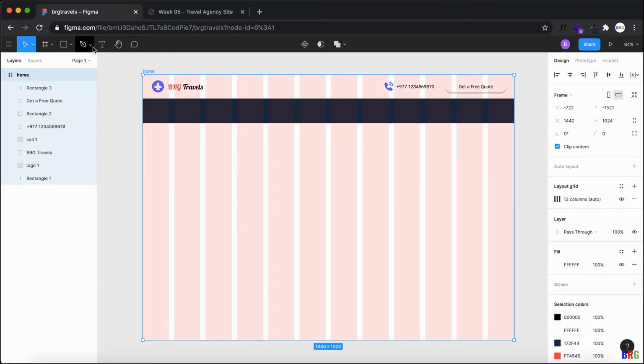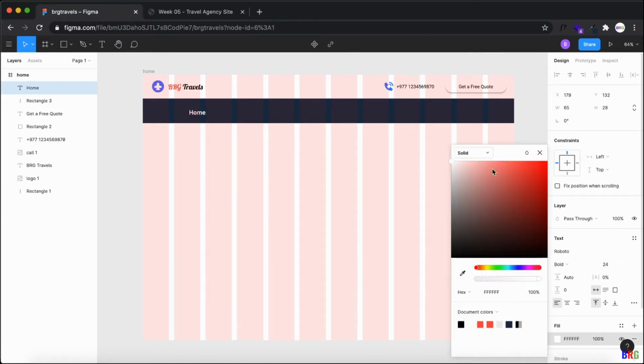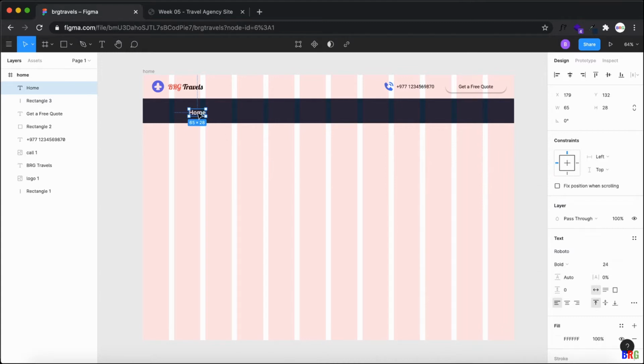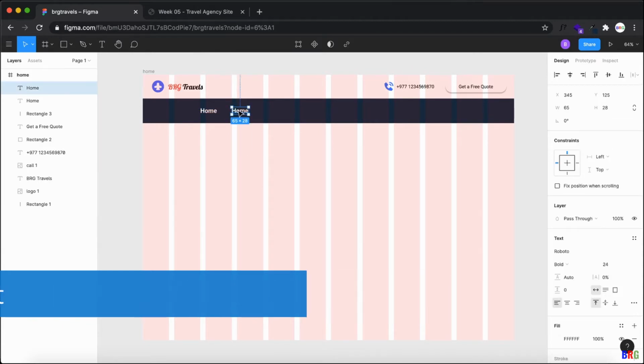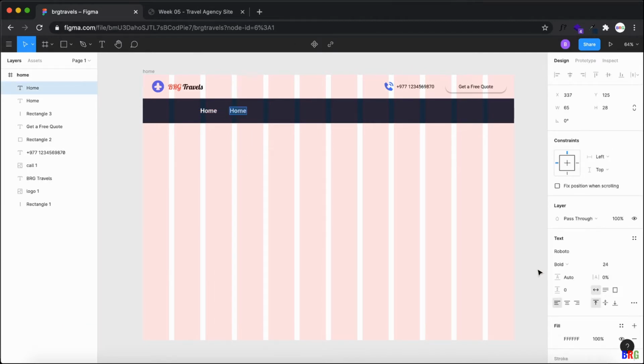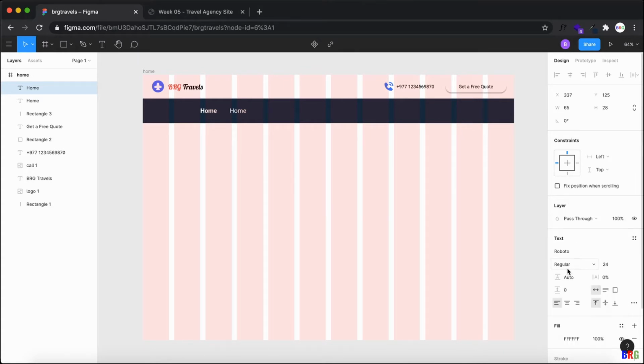Now I want to basically get the menu items. So I will just click here, home. Let me give the color as white, and now I just start from here. Now I will press alt and then drag it as I want. Let me give the font weight as regular or light.